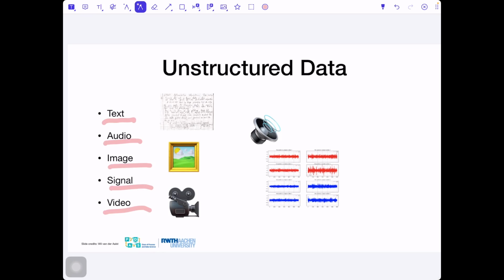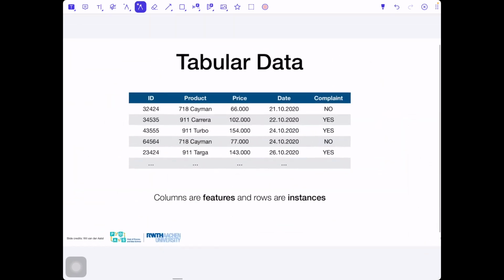Okay, here is what we were doing so far. Don't worry, we are not at data extraction now, we are at tabular data. What we will often use is tabular data. And as we already saw, the columns are called the features. These are our features in the tabular data. And the rows are called instances or samples.